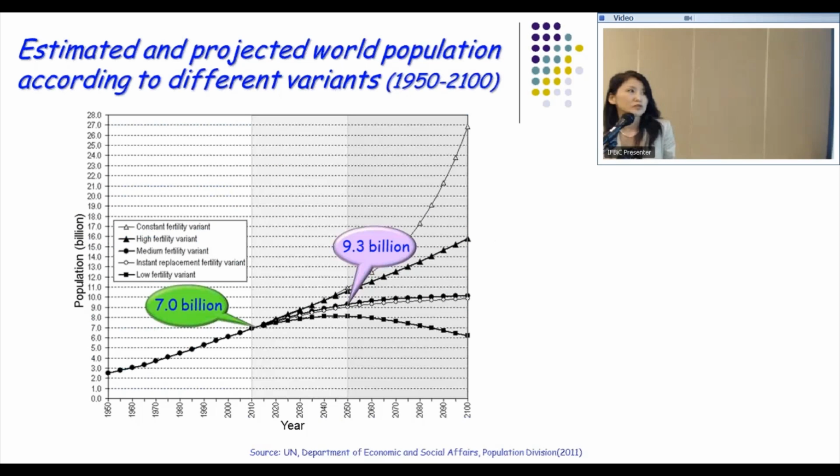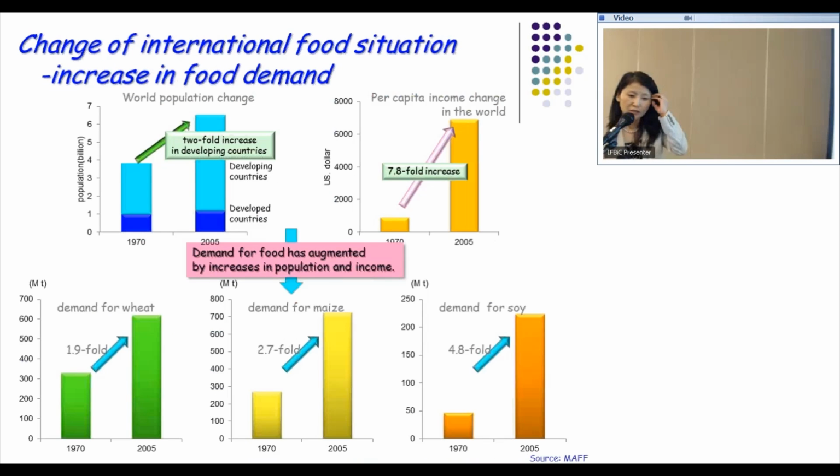Today, the world population is estimated at about 7 billion, although there are many different estimations according to the different variations. The world population is expected to become more than 9 billion in the year 2050, which is less than 40 years away. And looking back, in the 35-year period from 1970 to 2005, we saw more than a 2.5 billion increase in the population,